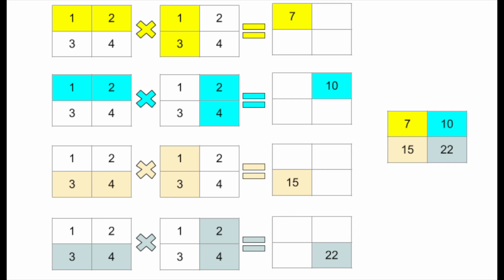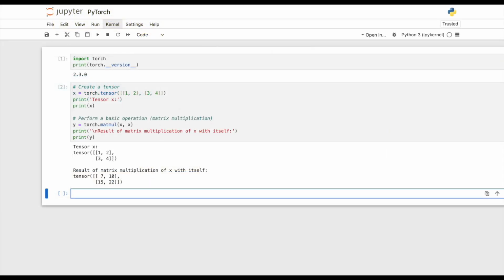The value is 10. Element 1, 0 is calculated as 3 times 1 plus 4 times 3. The value is 15. Element 1, 1 is calculated as 3 times 2 plus 4 times 4. The value is 22. So, the resulting matrix is 7, 10, 15, 22. This confirms that PyTorch is functioning correctly, and we can now use it for more complex operations and machine learning